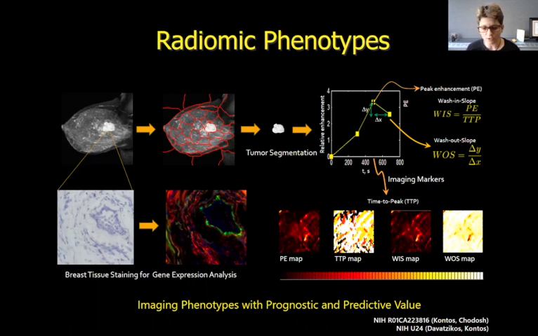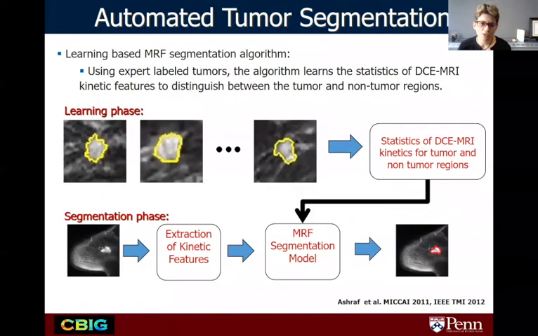For example, if we have a contrast agent, such as in DCE MRI, we can extract kinetic information and measurements such as the washout slope, the washin slope, peak enhancement, time to peak, and so forth. We can do that on a voxel by voxel basis and then start getting a better sense of the heterogeneity of the tumor, as I will describe in later slides. And there's also an increasing interest to try to correlate that information from imaging with the underlying histopathology and gene expression data. And so, as I mentioned, an essential step is the fully automated segmentation of the tumor.